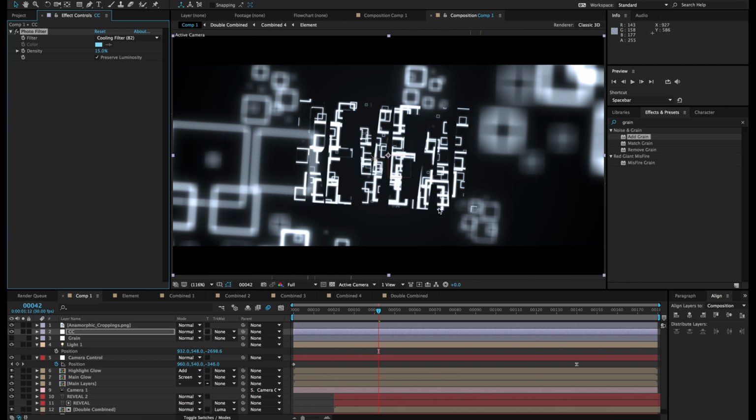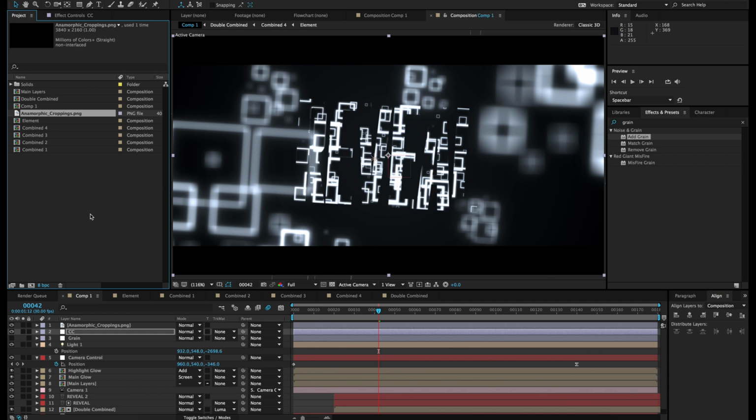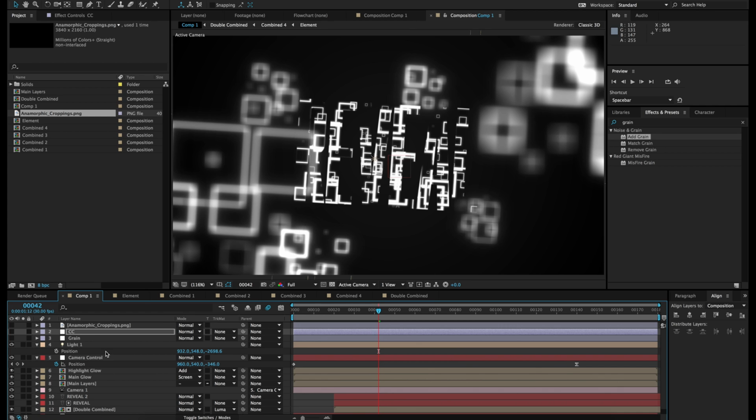So the main thing we're going to need to do now is take all these different elements and continue adding them to the scene, so they're flickering on and off and coming in and coming out and coming back in throughout this project. So I'm gonna turn off the color correction, turn off the anamorphic crop, and I'm gonna save this. I'm gonna go into my camera settings,